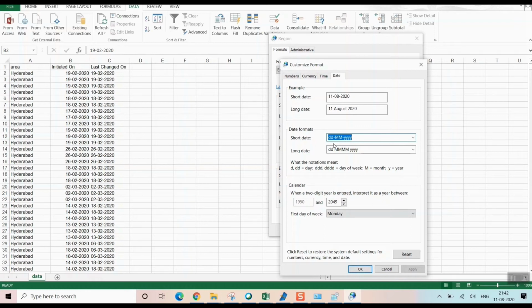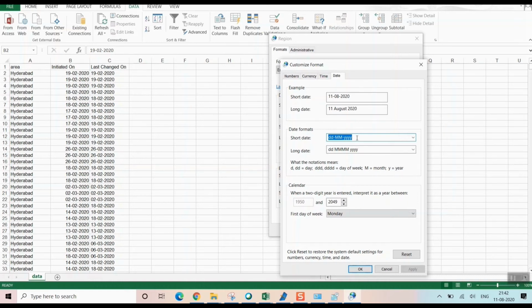As you can see in this date format, it is written DD means day. If I put DD, it is the day. If I put DDD, it is the day of week, like Monday, MON, Sunday, SUN, and M means month, Y means year.